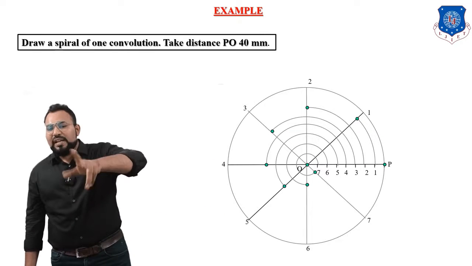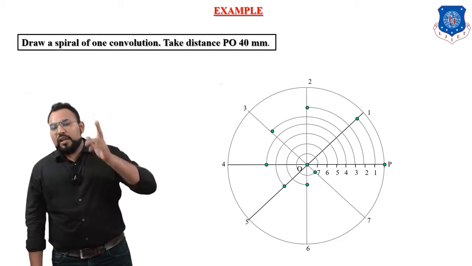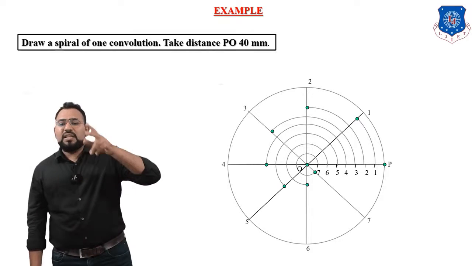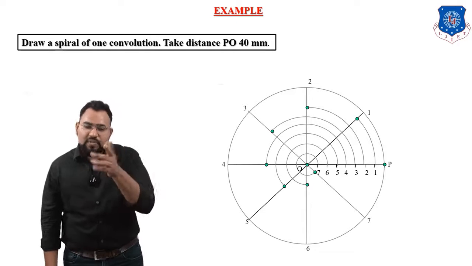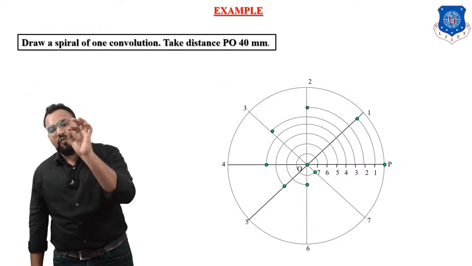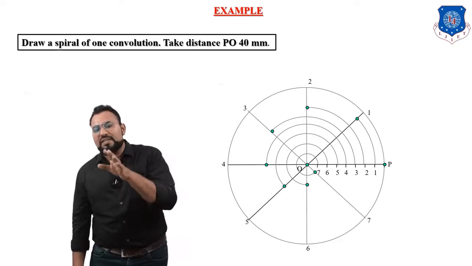What it's showing? It's showing the intersection. What intersection? Let us say the first point. So what it shows? It shows that you have taken a distance equal to O to 1 and O as a center. You have put an arc up to the first division of circle, and whenever intersect, you have marked that point 1 over there. Okay, so this is what it shows about point 1, 2, 3, 4, 5, 6, 7 and 8.